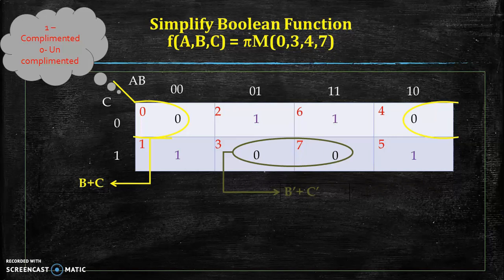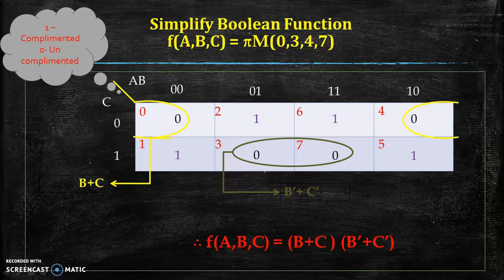In case of a pair, we know that only one variable is eliminated. So out of 3, one variable in each group is eliminated. If we write the final simplified Boolean function, it can be written as f of ABC is equal to B plus C, that is one sum term, multiplied by another sum term, that is B bar plus C bar. So f of ABC is equal to (B plus C) dot (B bar plus C bar). This type of Boolean function is known as the POS type.